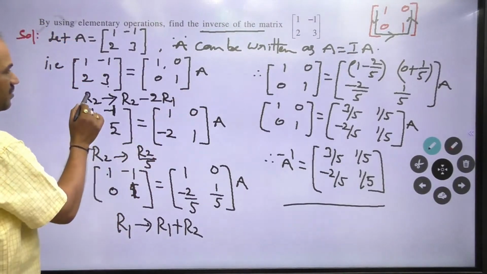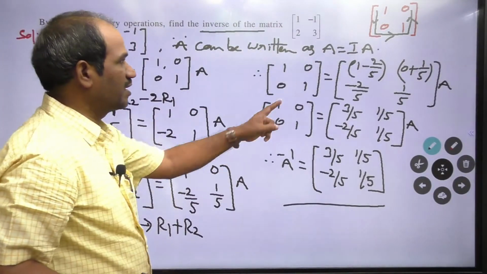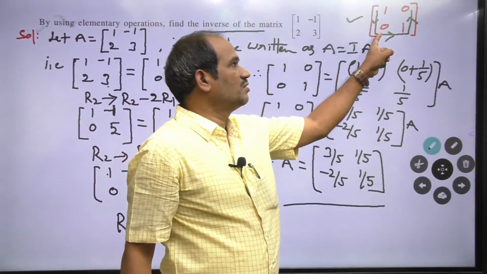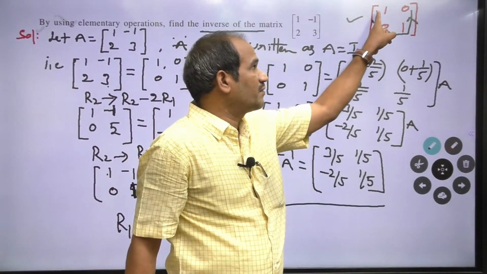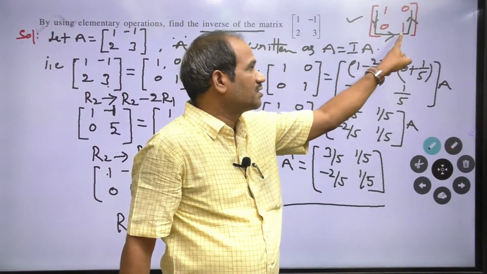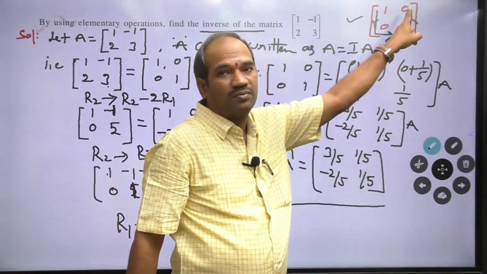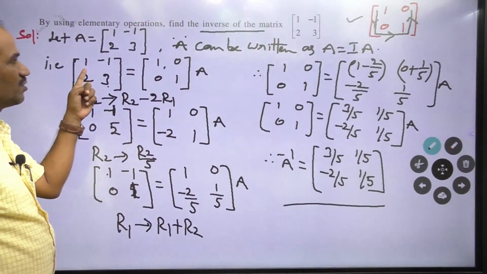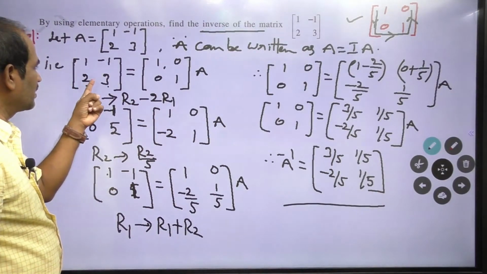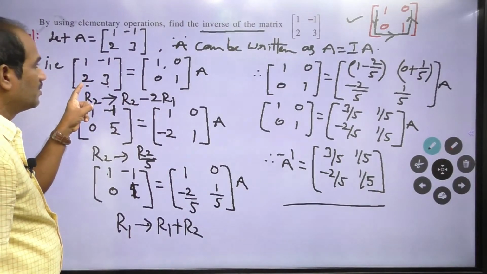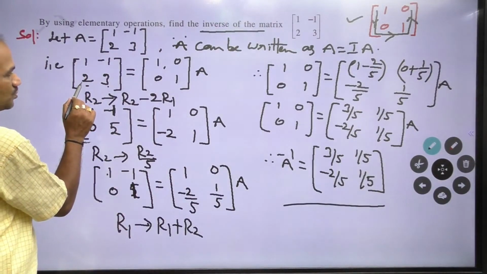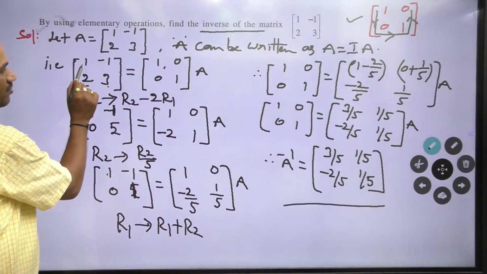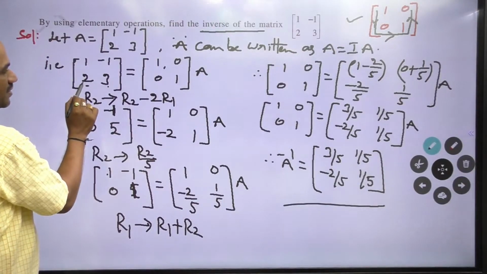Next, in this matrix we are converting into the identity matrix, which is 1 0, 0 1. Take this order. First check: in this matrix 1 is given, no problem. Next, this element should be converted to 0. This element is 2, and the R1 element is 1, so multiply 2: here 2, here 5 given, multiply 5, here 7 given, multiply 7.